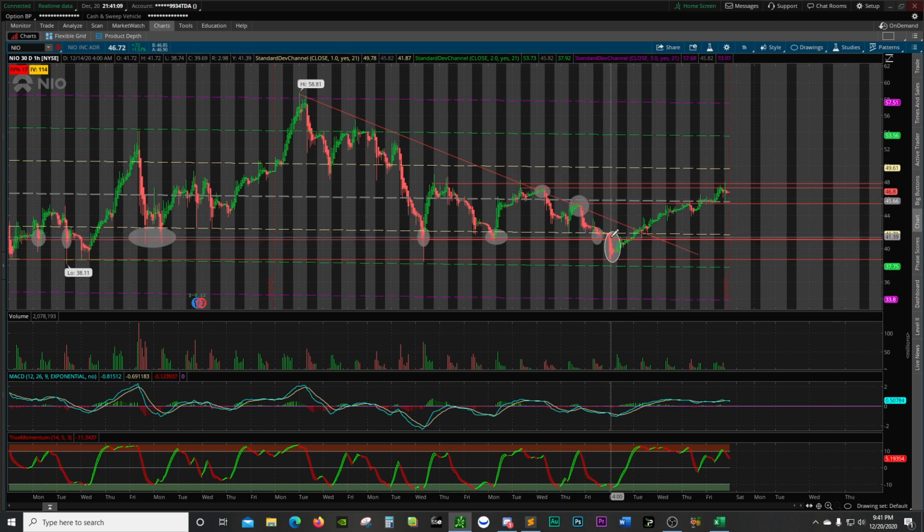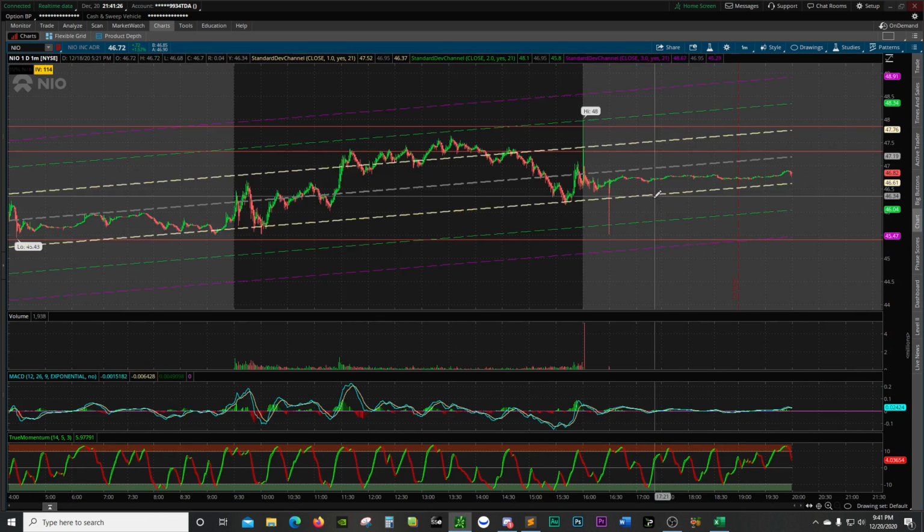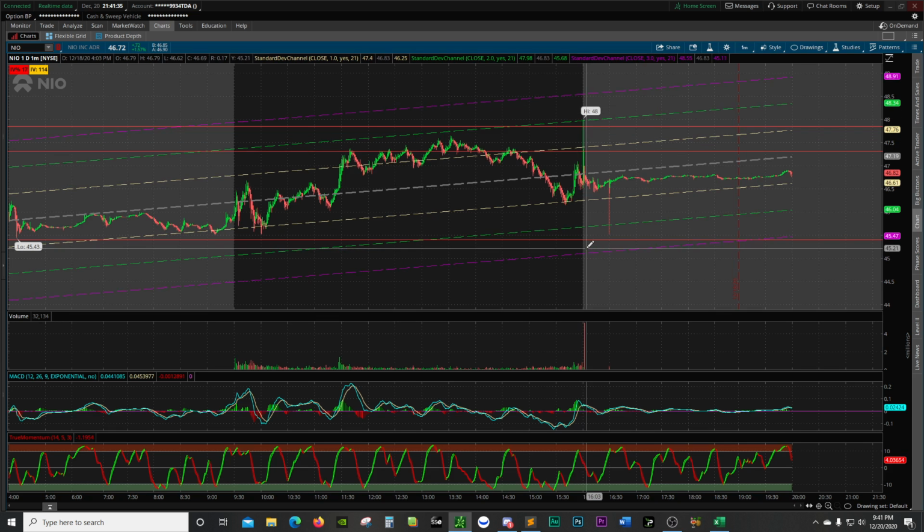So I could argue that this was just a fluke and then it ripped and it broke through that downward trend line. But again, right now it's having an issue getting past that resistance level, right? If I go all the way in here to short term, you see what it did all day. It kind of hugged this resistance line and then fell. Right before market close, it spiked and fell. So now it just went sideways in after hours.